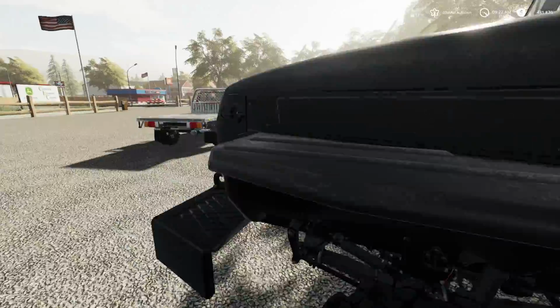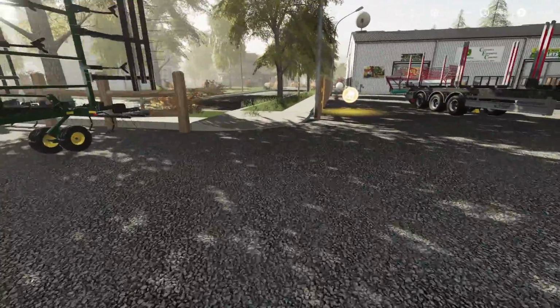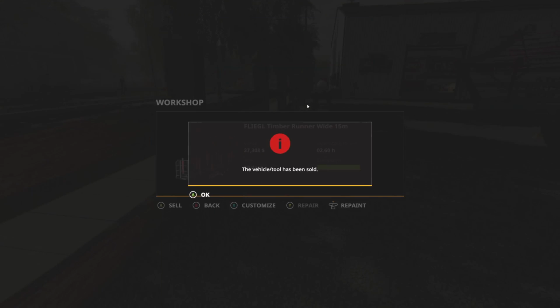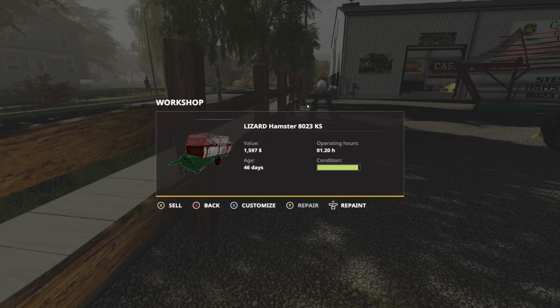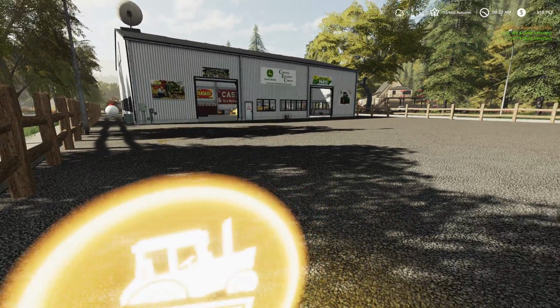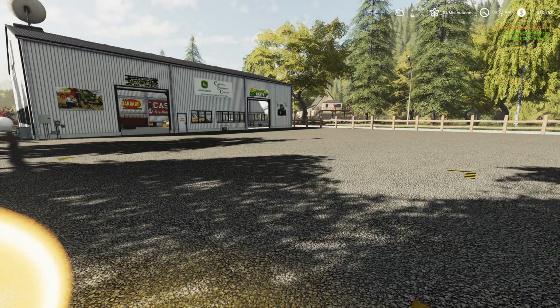Alright, so we got those two trailers in the zone there. So we can go ahead and sell those back to the shop here. Part of buying cheap equipment is you don't get much back when you sell it. Alright, so we're at $510, almost